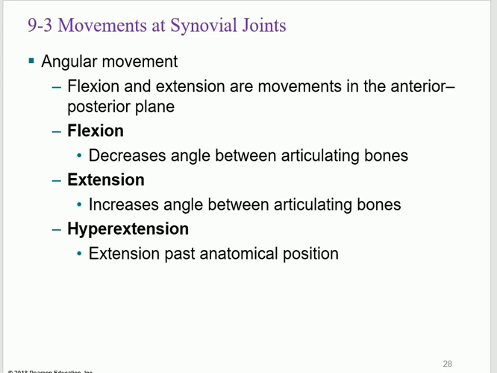Angular. This is the easy one. Angular, it's all these joints. Any synovial joint is angular. What's a synovial joint? In between any two long bones. Clear? All these well-known joints, these are synovial joints at the end of any two long bones. This is angular, of course. What kind of movements? You can do different movements.